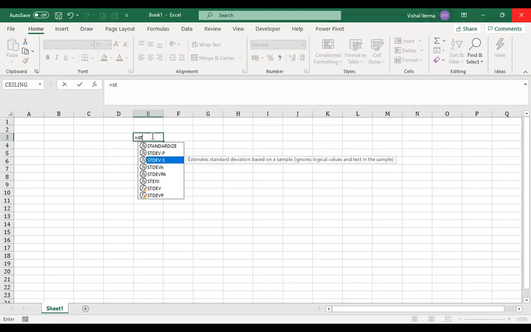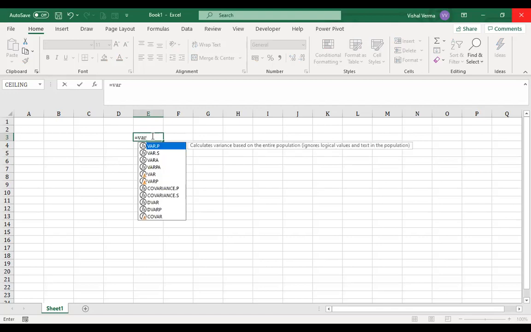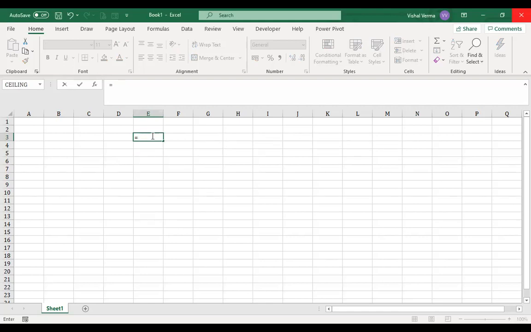Or if we want to calculate the variance, we can calculate the variance of the population or of the sample. Or if we want to calculate correlation, we can use the function CORREL, or we can convert it in aggregate. So there are a number of different functions.